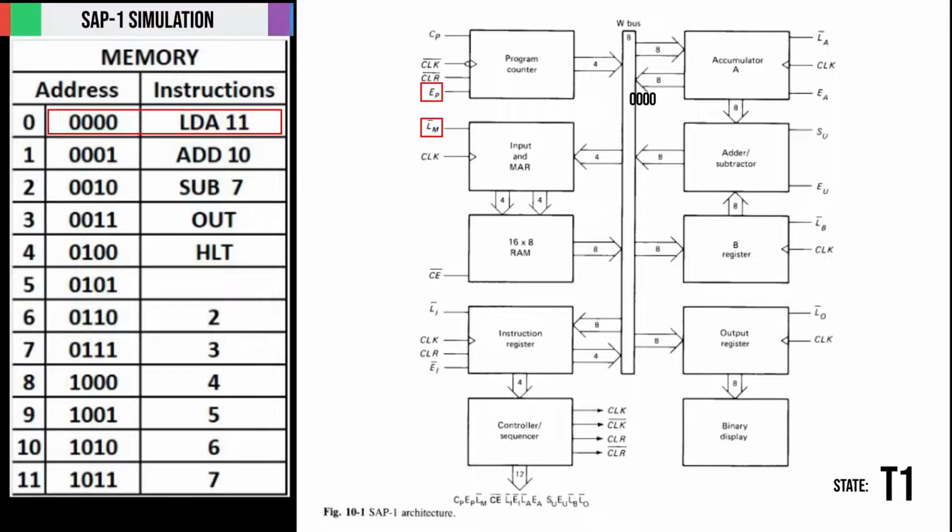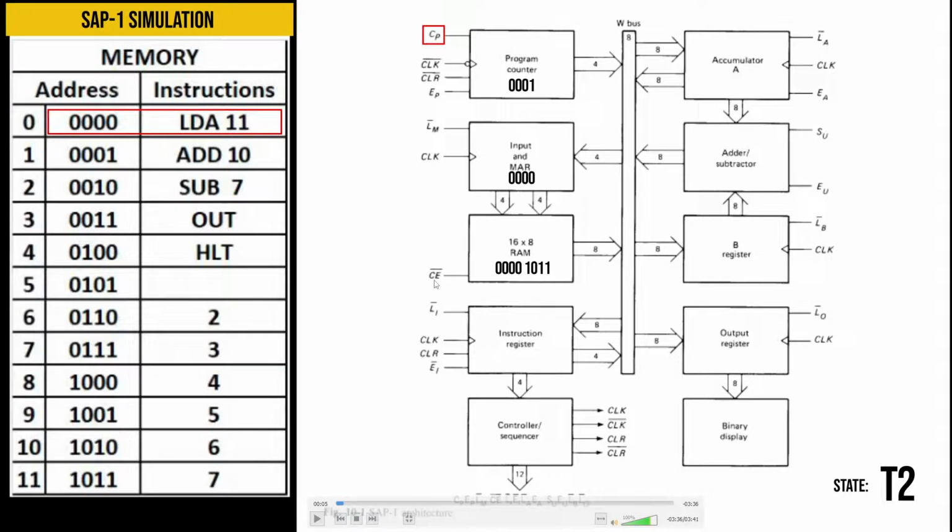The value of 00 will go to input and MAR, then it will convert its 4 bits into 8 bits, which will be the value of 11. As you can see, load LDA 11. Then at T2,